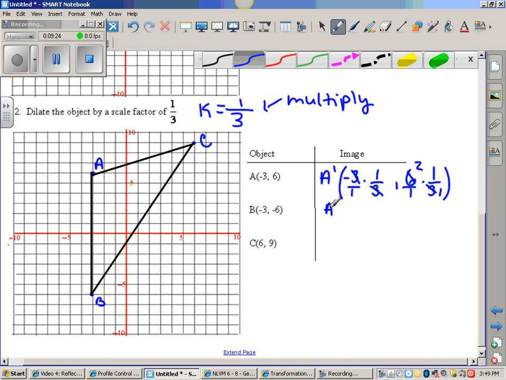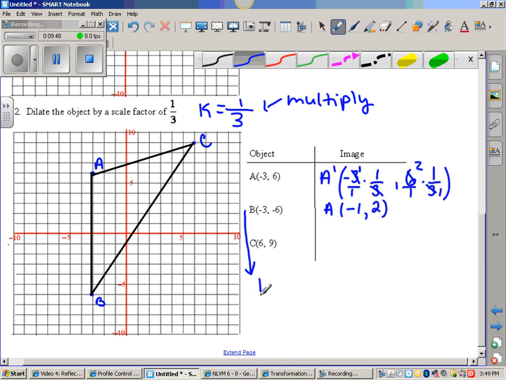Either way, you end up with the coordinate -1, 2. How did I get that? Because -1 times 1 is -1, and 2 times 1 is 2. Top times top over bottom times bottom. I'm kind of out of room, so I'm going to do some work down here. If you can fit it on your paper, that's fine, but here's where I'm going to do my